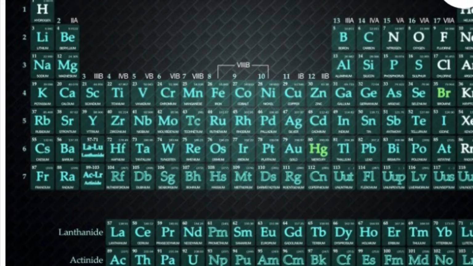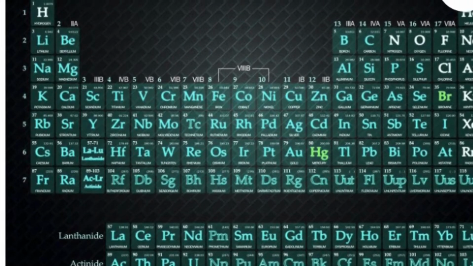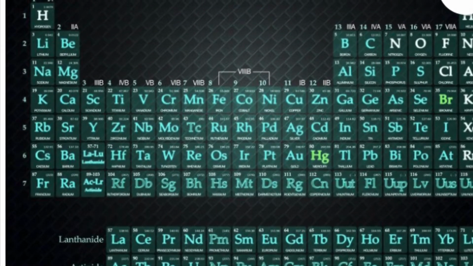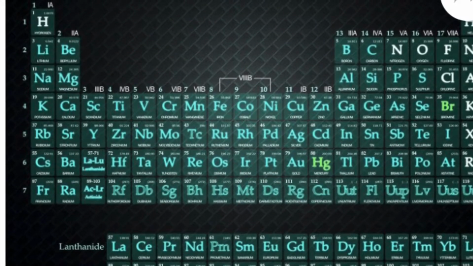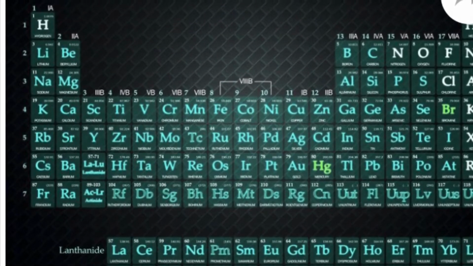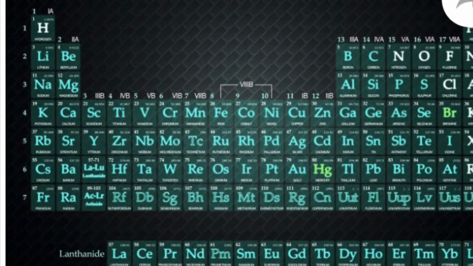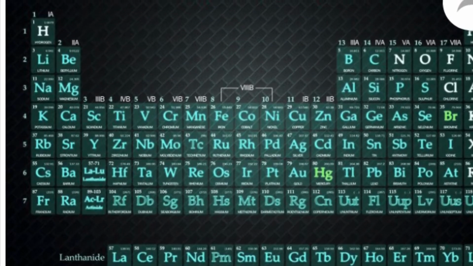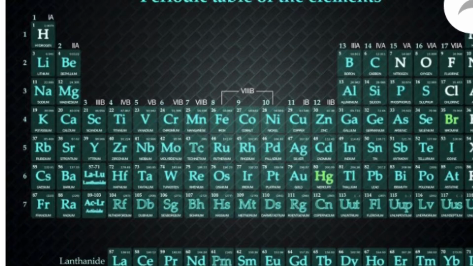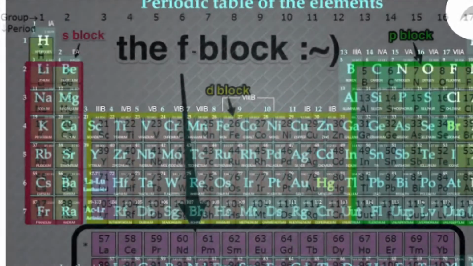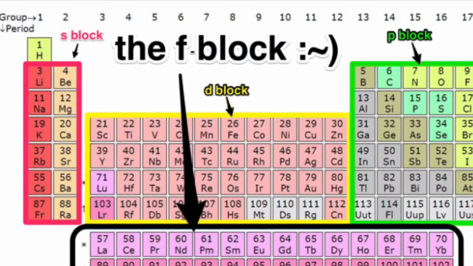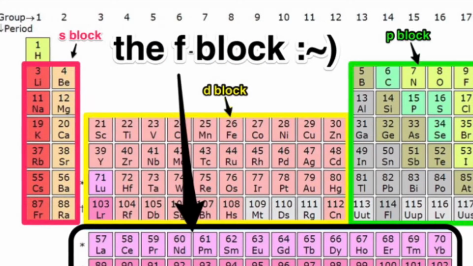In today's class, we will be learning the most basic thing about the periodic table. As you all know, the periodic table is differentiated into different blocks like the S block, P block, D block as well as the F block. And we will be finding the easiest and most convenient method to find this block in the periodic table, that is the S block, F block, D block as well as the P block.